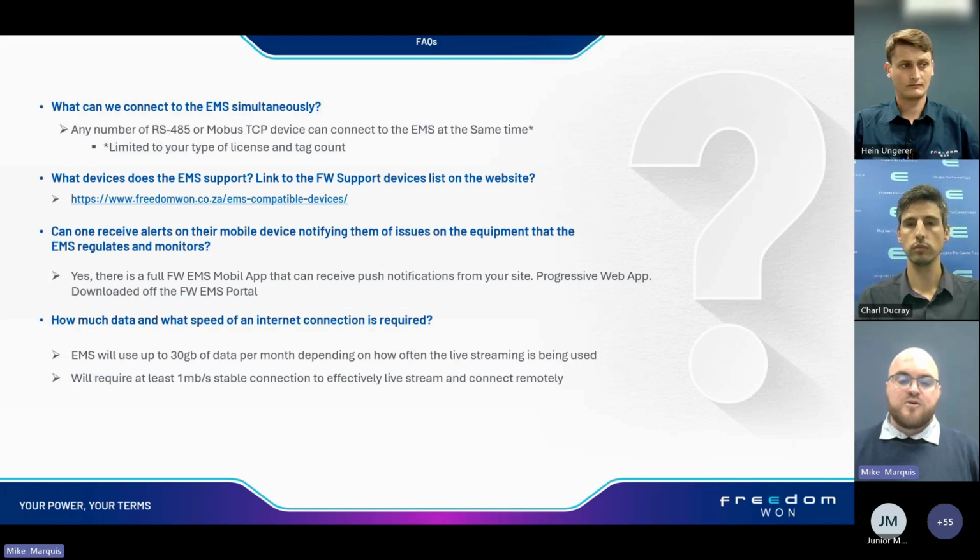So that 7-day period starts when we have all the devices connected to the system. We then like to monitor it for 7 days so we can see that the data is stable and the connectivity is stable. And that's not just to one device. I think this is where a lot of the challenge comes in with the system,